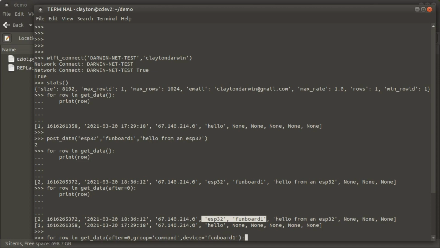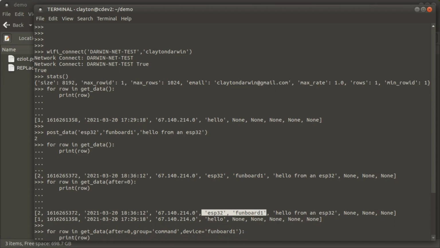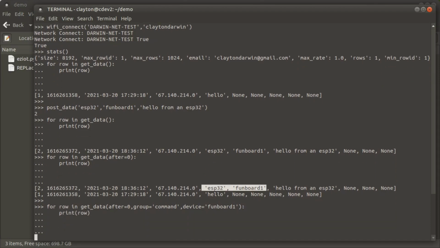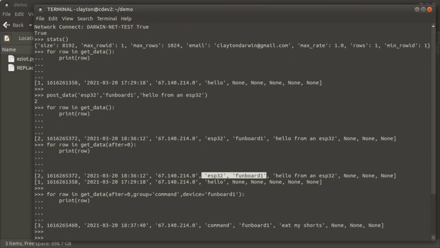So let's see what commands we have available to us. Ta-da! Okay, so we asked for everything after 0, which means give me everything, where the group equals command and the device is funboard1. So we see that what we did on the desktop has now showed up here,